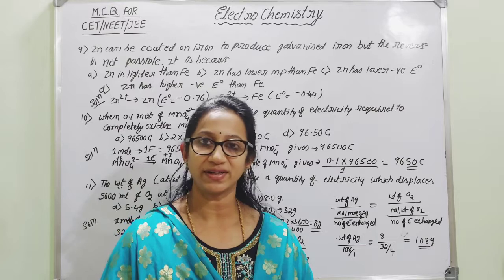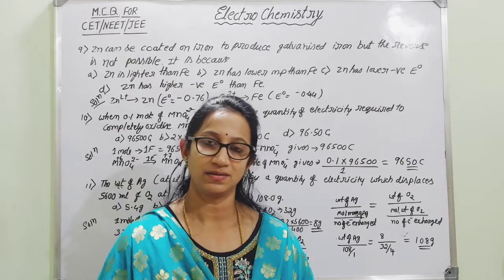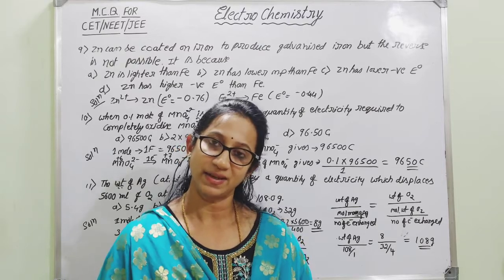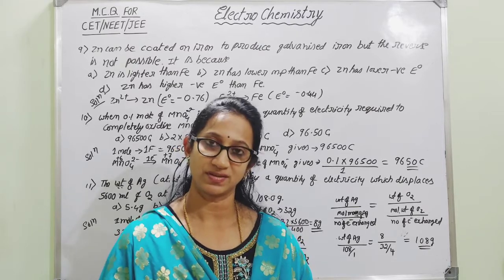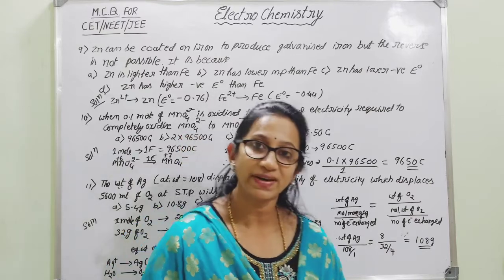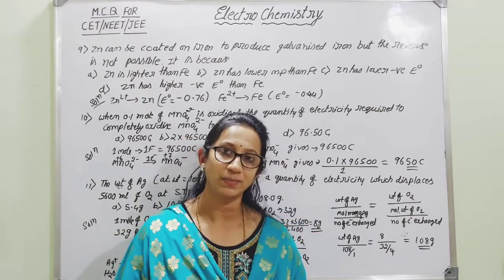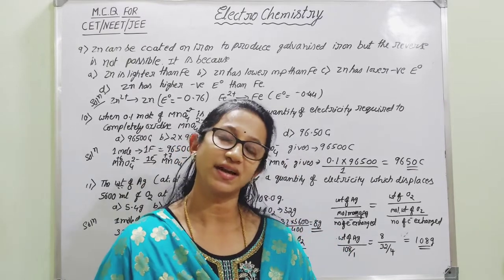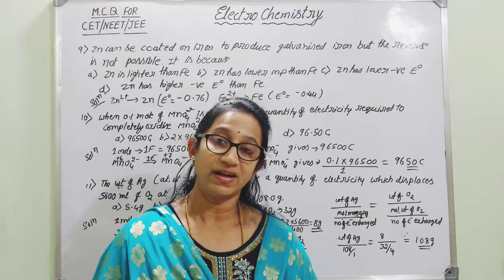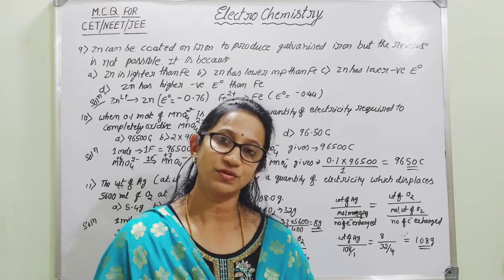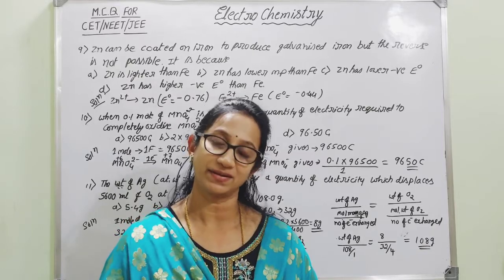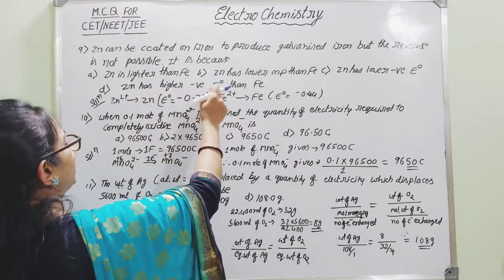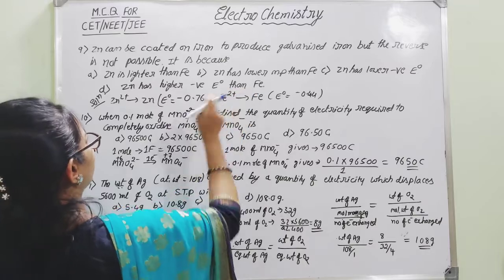Why do we need to protect iron by using zinc coating? Because iron is easily capable of undergoing the rusting process. It can easily undergo corrosion. To prevent rusting of iron, we can take the help of another metal, that is zinc. Hence, we are going to apply zinc coating on the iron metal so that it will undergo oxidation by itself, so that it will prevent the oxidation of iron. So here we can compare zinc and iron with respect to their reduction potential values.